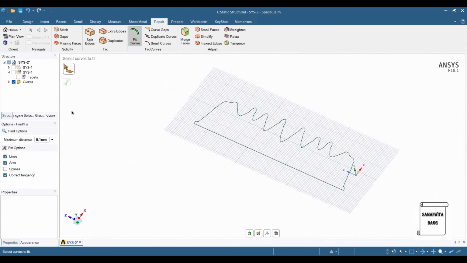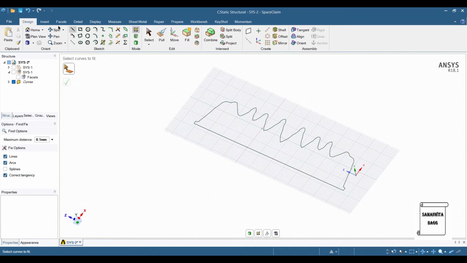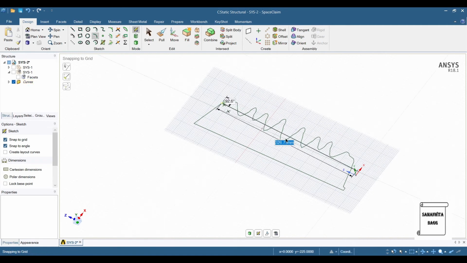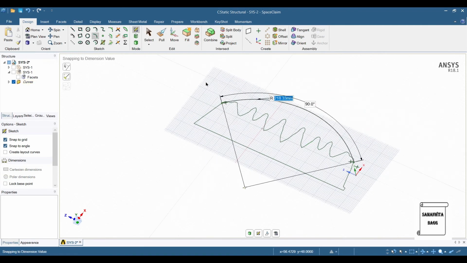So what I'll do is I'll go back to design. I'll choose the trim option and I'll delete these lines and I'll just draw a straight line from here to here. Now these lines that you see over here would be difficult to manufacture. So what I can do is I can just create a simple curve from here to this point, something like this. You can give an arch